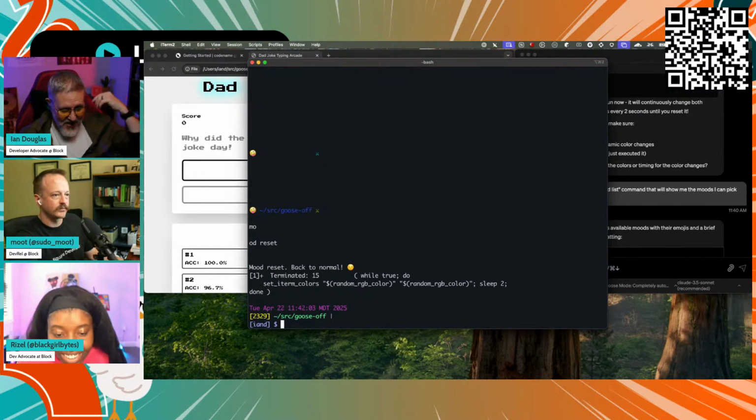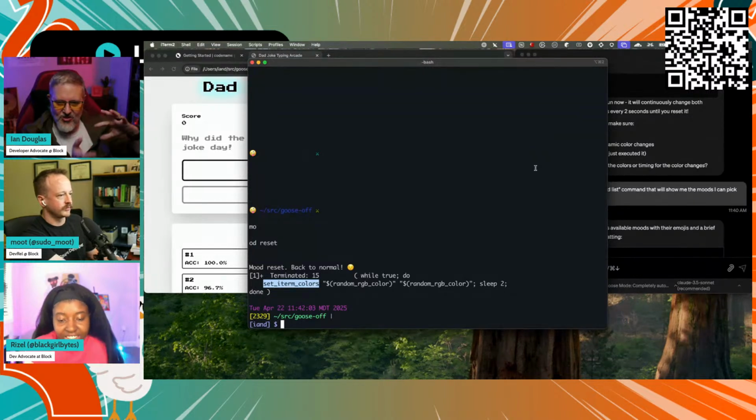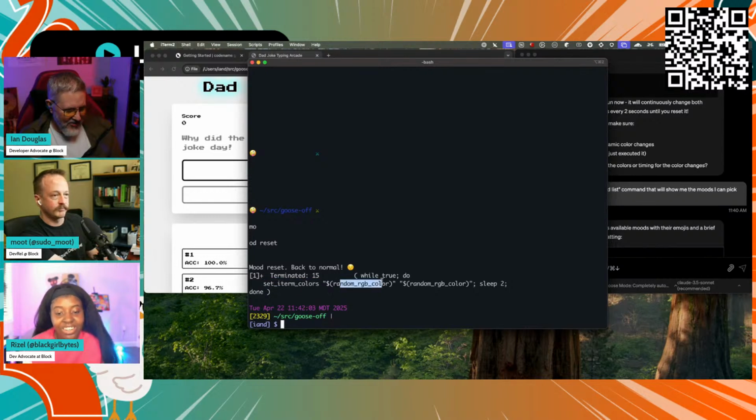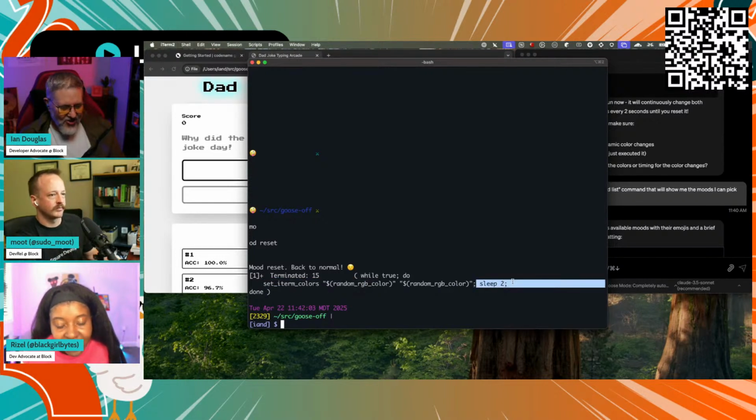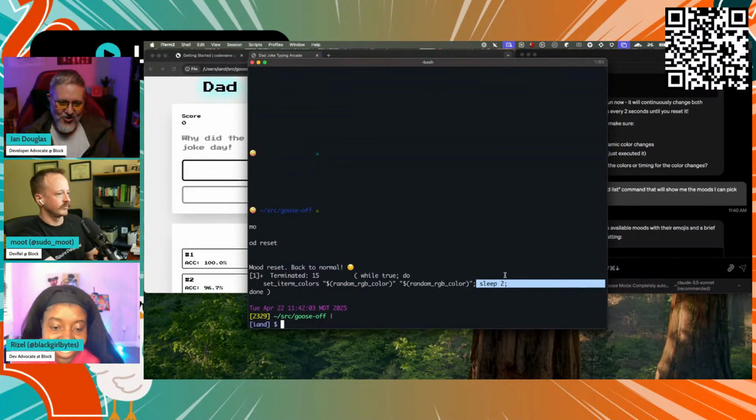It was doing something in the background because it was trying to. It looks like it's trying to do the set iTerm colors, and maybe my iTerm terminal is not allowing that to happen. So I think it's trying to do something in the background where maybe it was going to constantly change the colors every 2 seconds or something like that, because it looks like it was trying to set a random RGB color twice and then sleep 2 seconds. So I think in unhinged mode it was literally going to change the color of my terminal every 2 seconds, but that didn't work. That was pretty unhinged. That was cute.